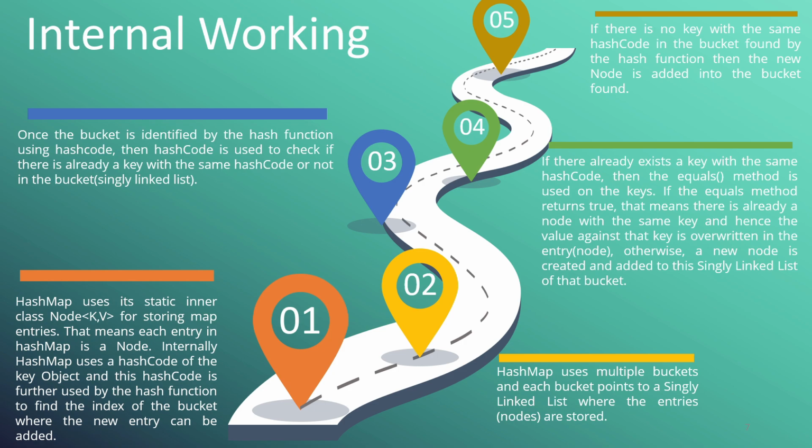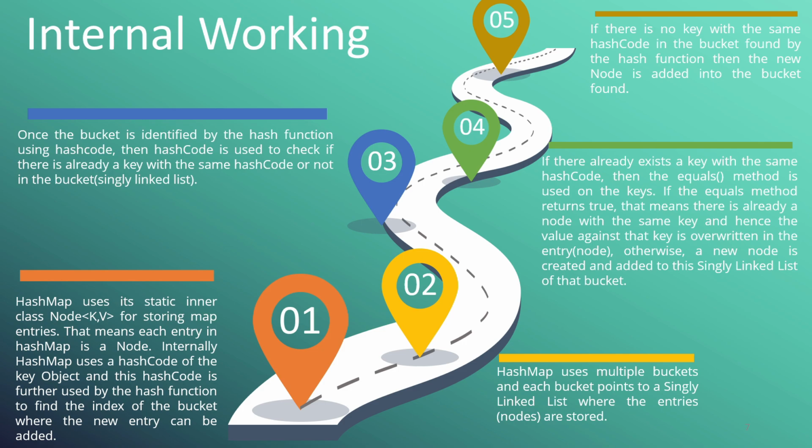So it is advised, if you want better performance of the HashMap and you are using some kind of customized objects like employee, student, or some XYZ kind of customized object, to override the hashCode and equals methods properly so that you get better performance.